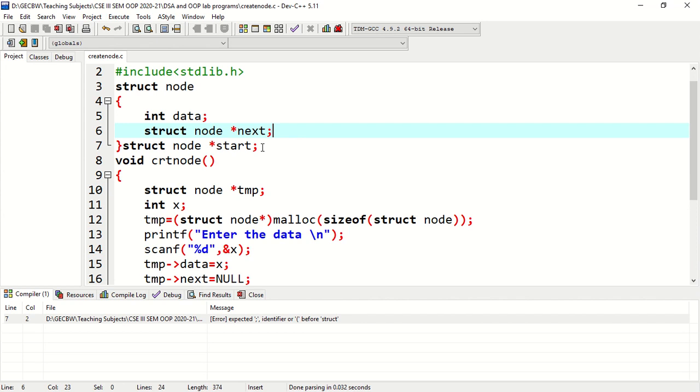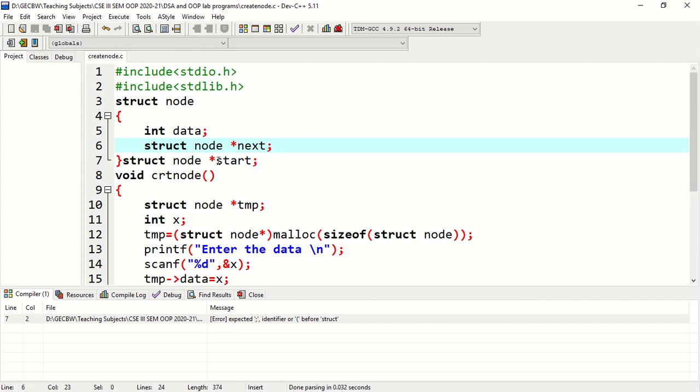We take struct node pointer start, and we can take it outside; it doesn't matter. Okay, now there is no error.